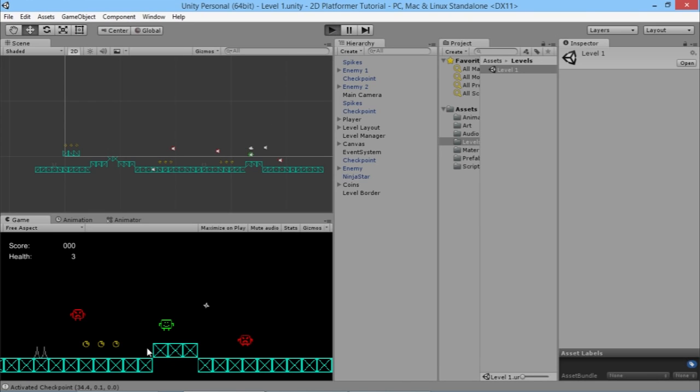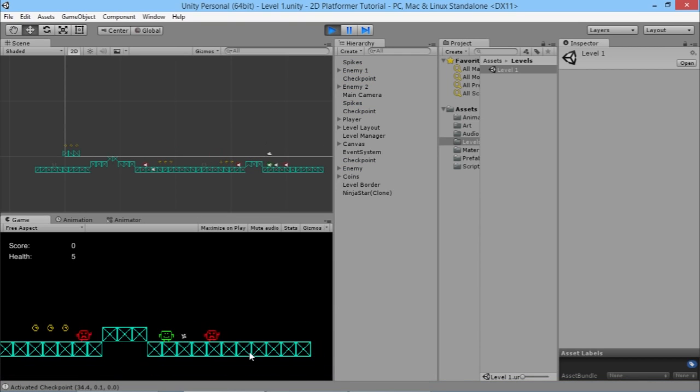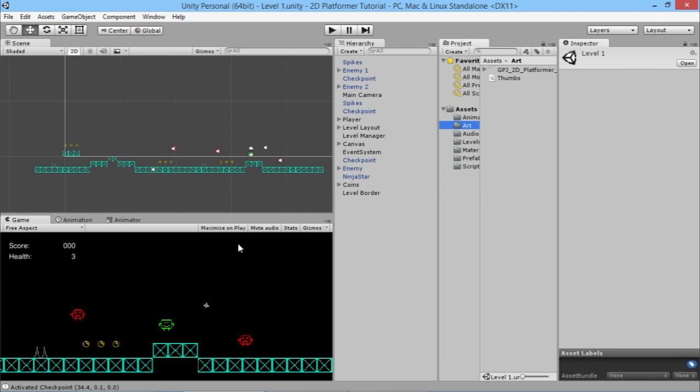So if we play our game here, we are kind of at the middle of the level. As we're going along, kill this guy here, one more, and come to the end of the level, and that's not obvious to us. We need something to indicate where the end of the level is. So if we go into our